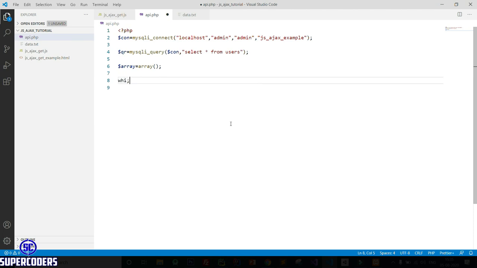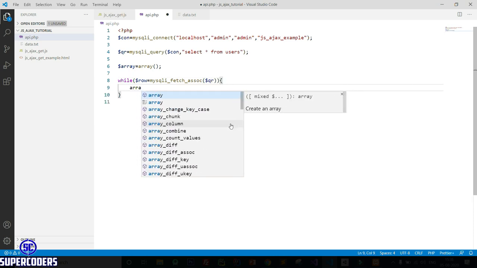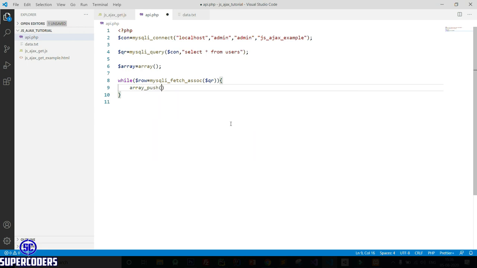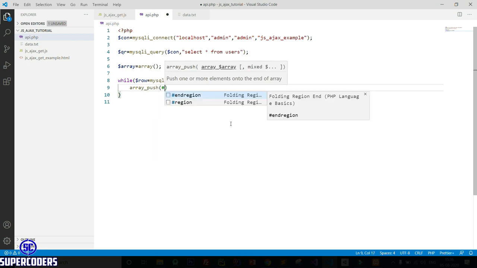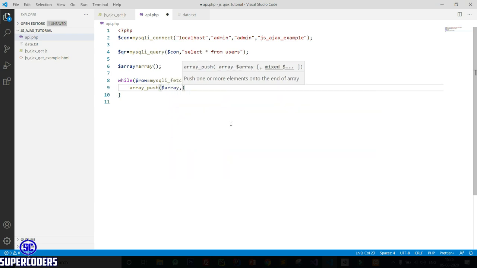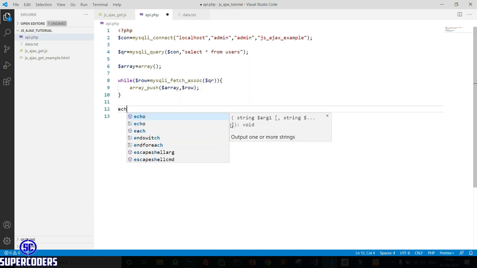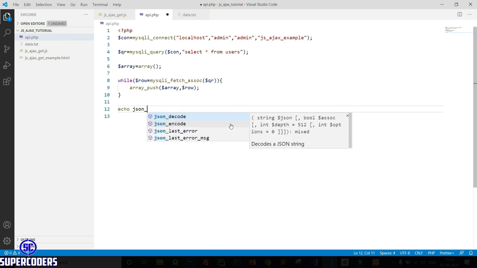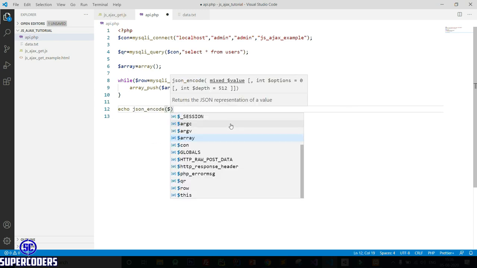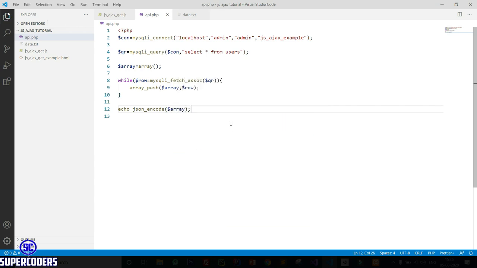Then while $row equal to mysqli_fetch_assoc $qr, array_push $array, $row. Then echo json_encode $array. Now let's try to open this api.php file and see what happens if I call it.